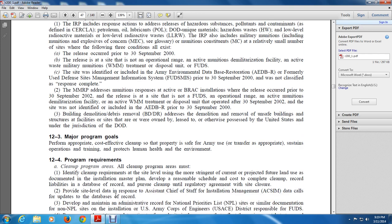12.4 program requirements: cleanup program areas. All cleanup program areas must identify cleanup requirements at the site of the level using more stringent and current projected for future land use of the documentation, installation, master development, reasonable schedule and cost, cleanup, complete cleanup of record and liabilities of database records, and first cleanup until regulatory agreements with site closure, and provide site data added in response to the Assistant Chief of Staff Installation Management (ACSIM) data calls for the updates of